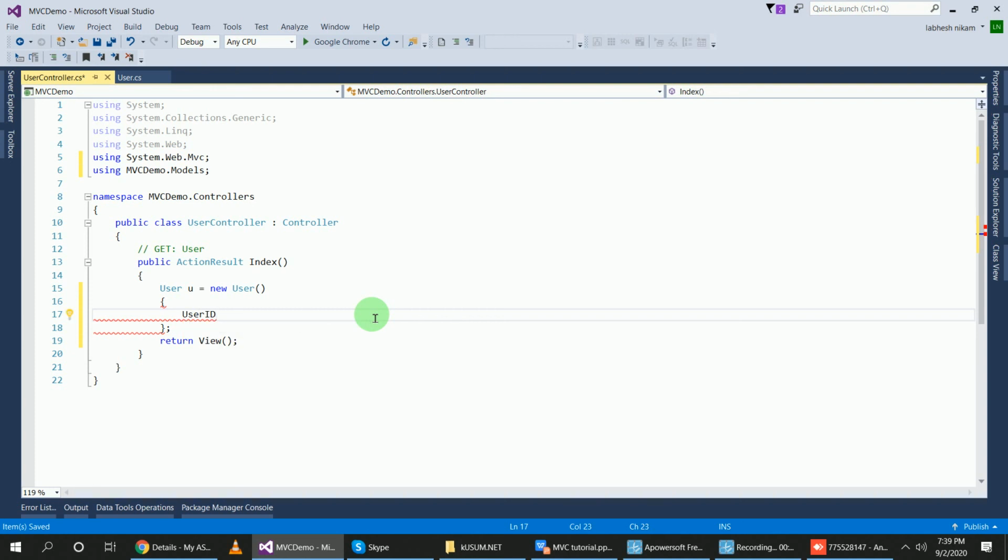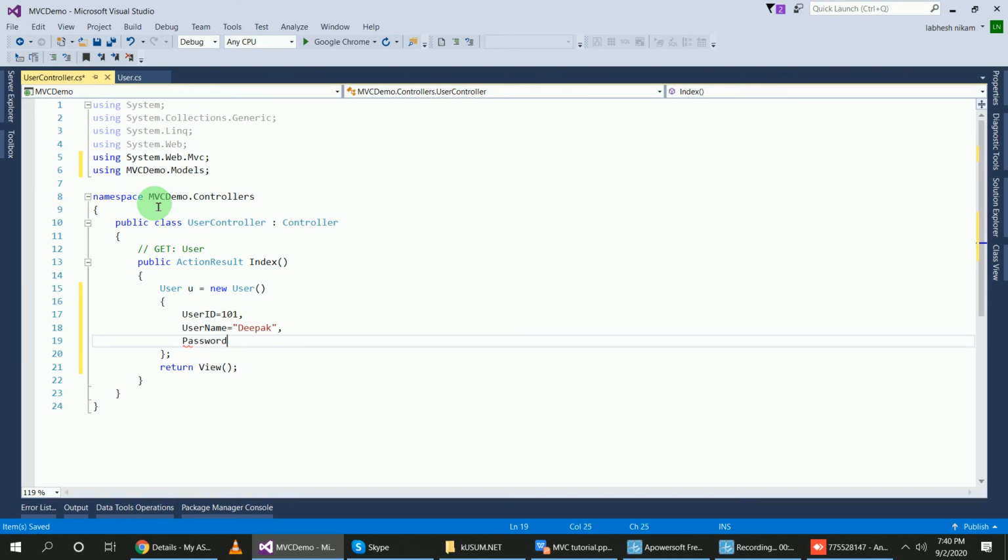User ID equal to what? Suppose user ID is equal to 101, then username equal to Deepak, then password, suppose it is Deepak, full name, suppose it is Deepak Kashinath Dev, right?